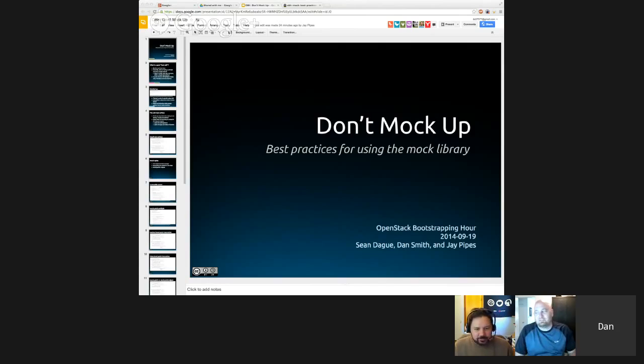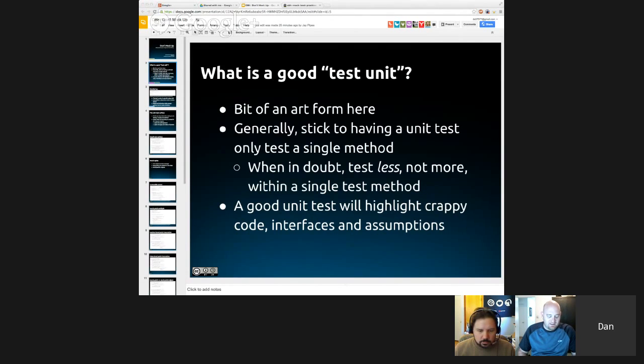So from the Etherpad, I grabbed a gist of it. There are some disagreements about what is a good unit test and what a unit test should cover. I have some fairly strong opinions on this. Dan and Sean certainly do. Matt Riedemann and Matthew Booth and lots of other folks clearly have lots of opinions here. So I'll just start off this discussion by saying that to me,